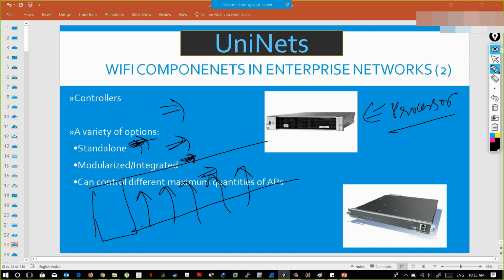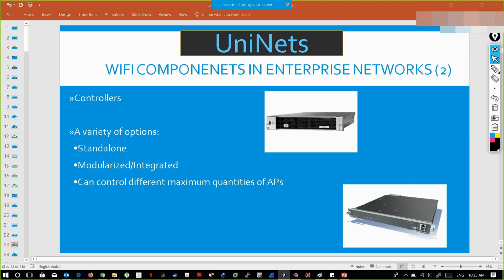And standalone will be used for a small number of access points. And if you have a maximum number of access points, then you will go for modularized. So depending on the model, different maximum quantities of APs can be configured or maintained. So this is the image of the